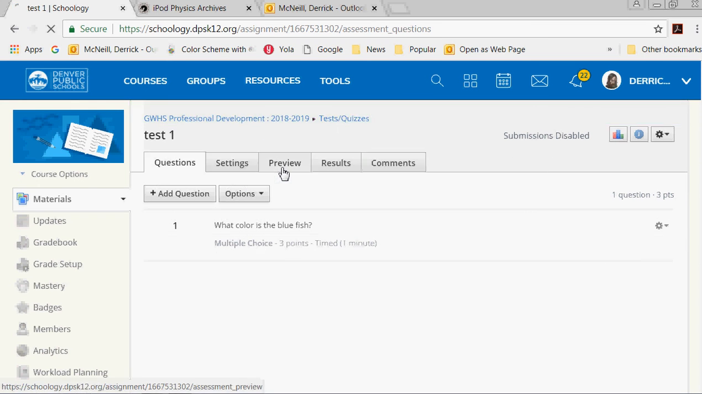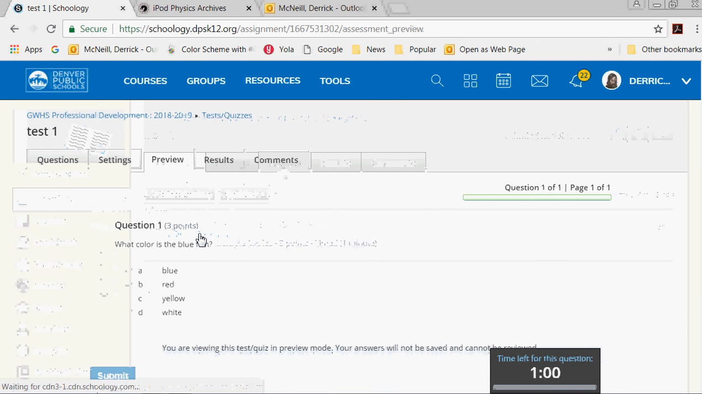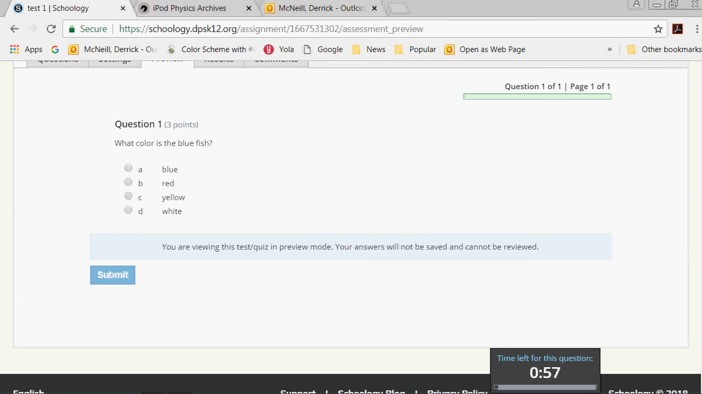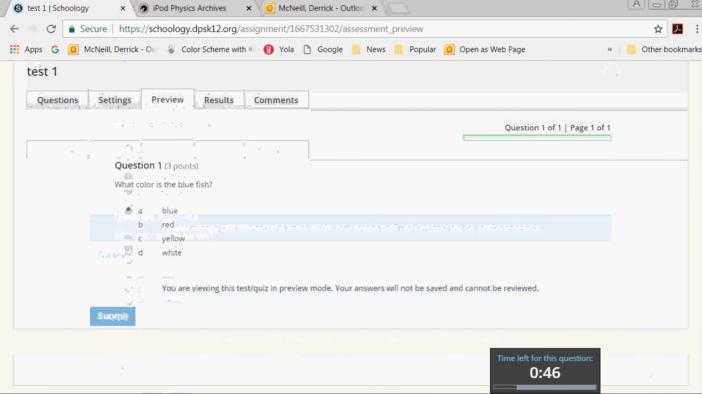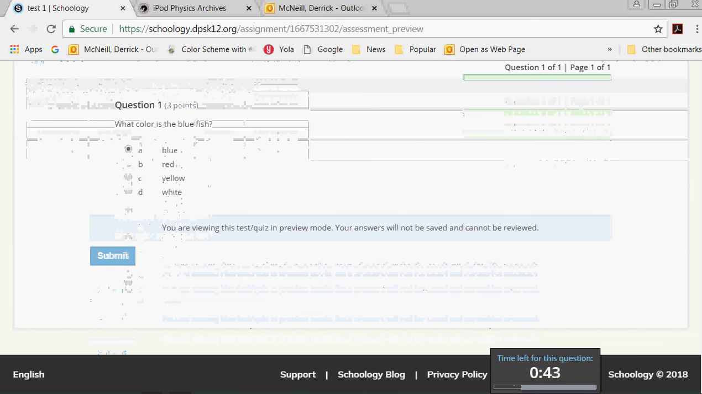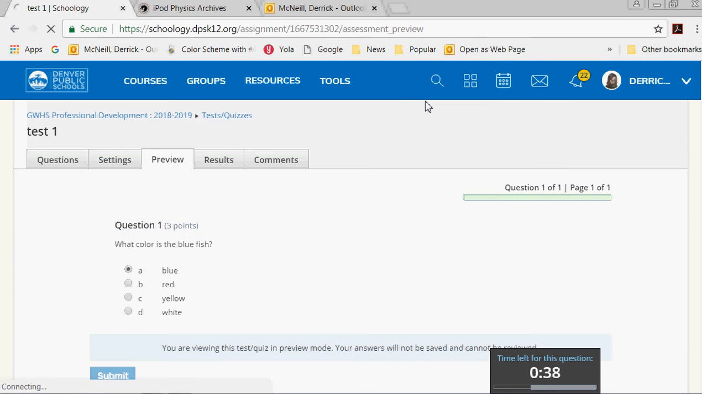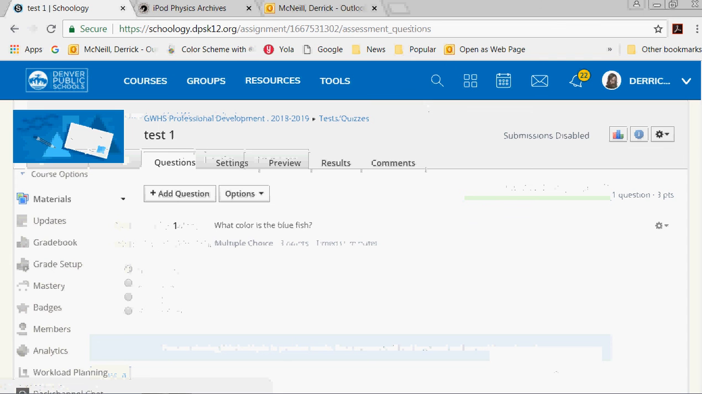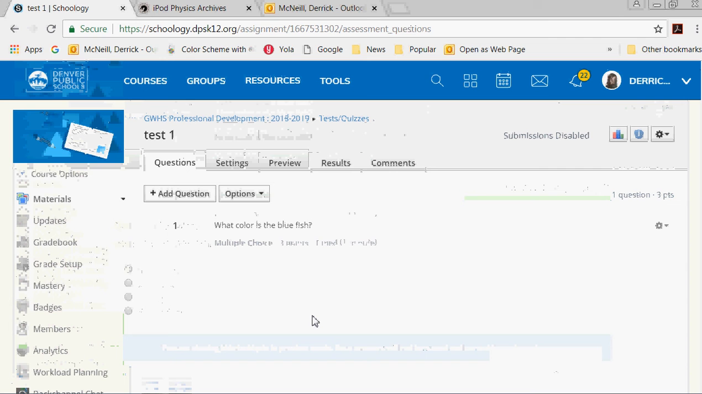If I were to click preview now, I would see what my students would see when it comes to this test. Start a new test. There's only one question, and it's timed for 1 minute. This is, what color is the blue fish? I'm going to say blue. And I don't know why it's not allowing me to submit, but nevertheless, that's what it should look like. I'm just curious about why it's not letting me submit. Going back to question, we'll end the test, but that's basically how you create an online multiple choice